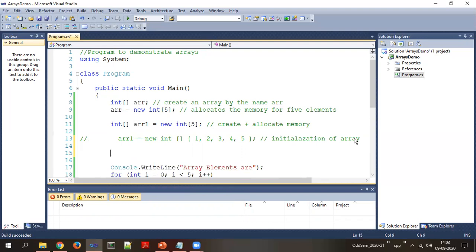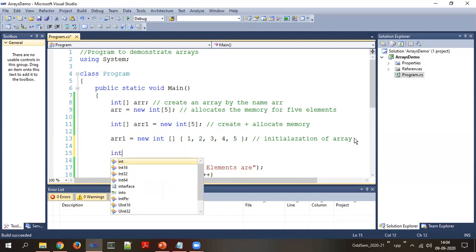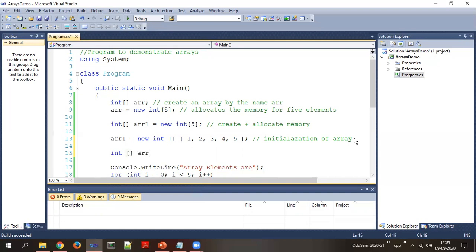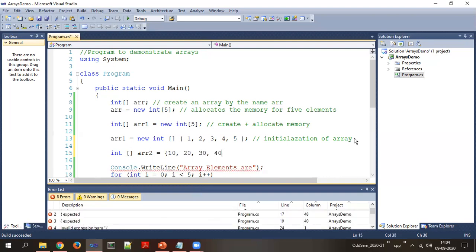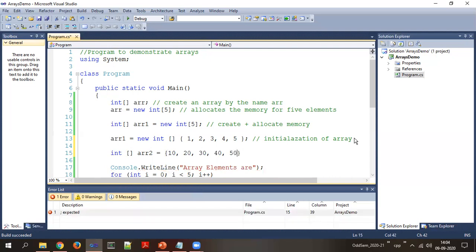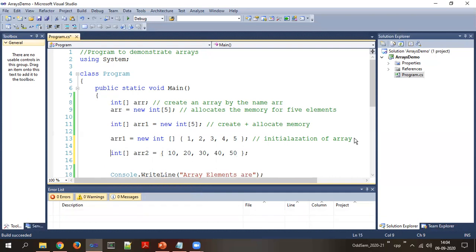Let us make use of another array here. So int ARR2 equals, directly I can type here 10, 20, 30, 40. Only 4 values I am typing. Let me have one more here, say 50 and semicolon. Now you may notice that this is the